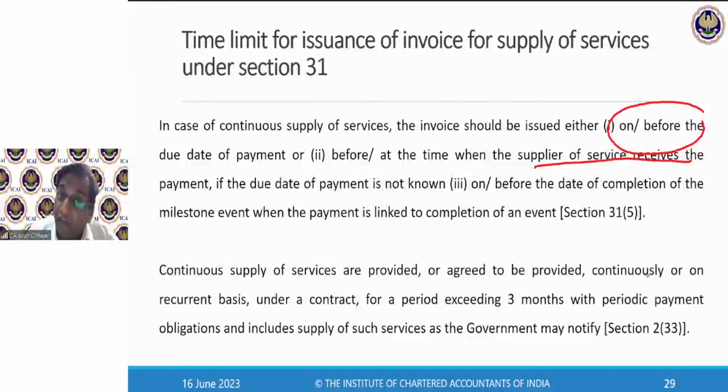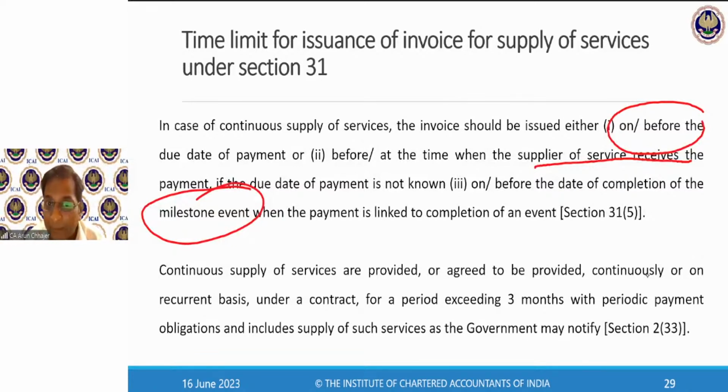Third, if it is linked to a certain event, let's say if your first floor is completed, you have to make the payment of 10%. Once your structure is completed, you have to make the payment of 15%. Once the furniture and everything is completed, you have to pay me 25%. So when the payment is linked to the completion of an event, then once the event is completed, the supplier